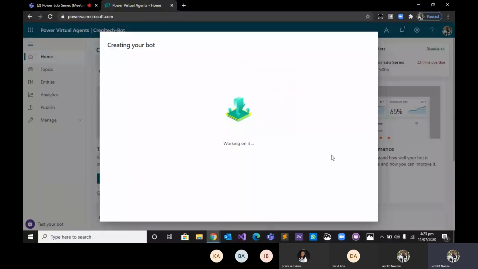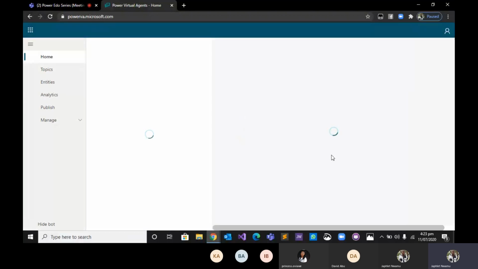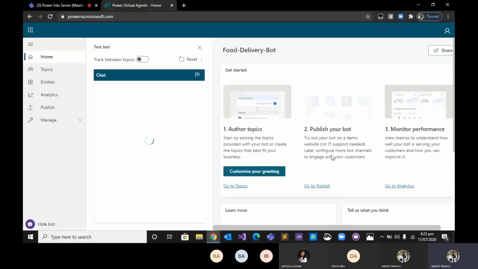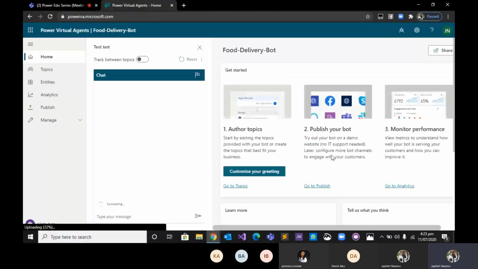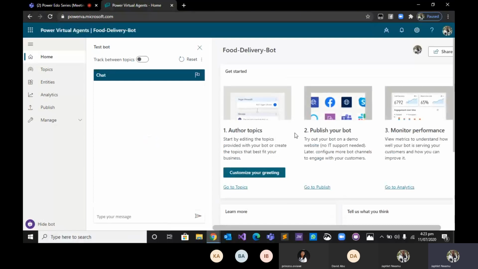Another thing great about Power Virtual Agents is that you can connect to other Power Platform tools. So for example, I can connect to Power Automate to create an automated flow for my virtual agent. It's already connected to Power BI, so I can get my analytics and all of those things. And I can also connect to Power Apps just in case I have an application where I need to deploy the virtual agent.